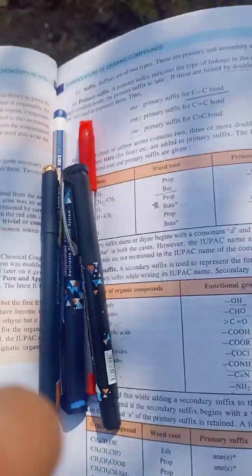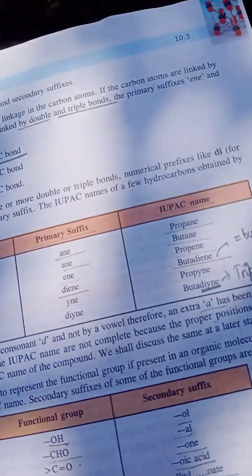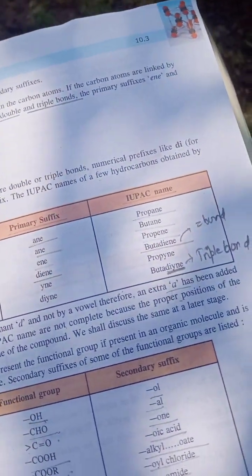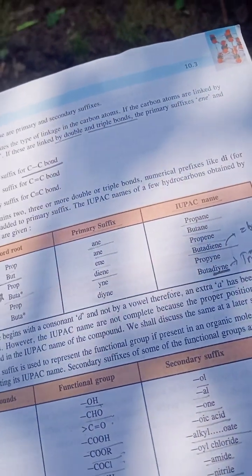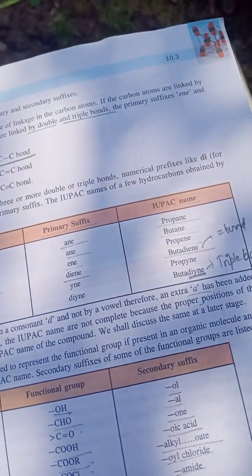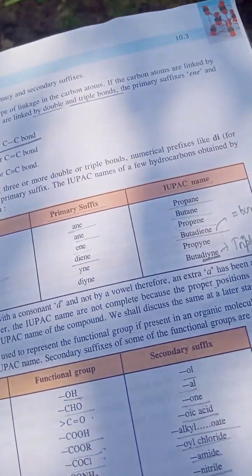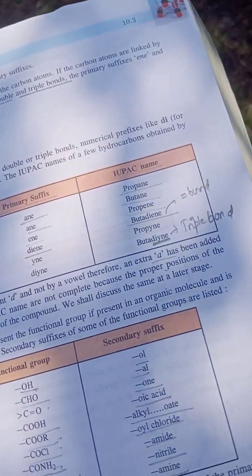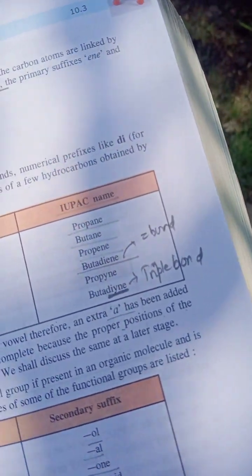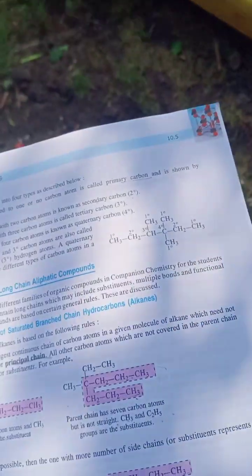Next we have the suffix. As you all know, the suffix is added after the word root, and the prefix is added before the word root. So we have prefix, word root, and suffix. You have to remember these, or we can alter the order on the basis of the questions. Now this is very important, and it is going to become a very long video.